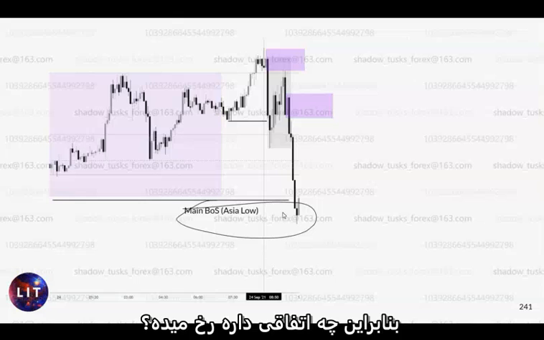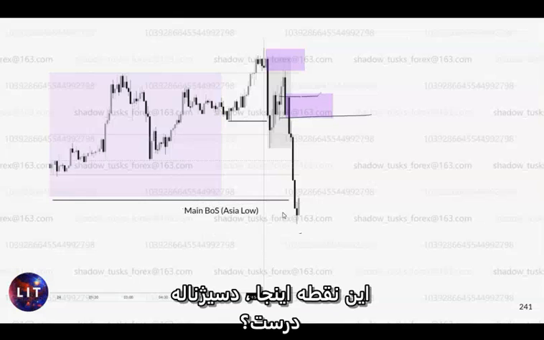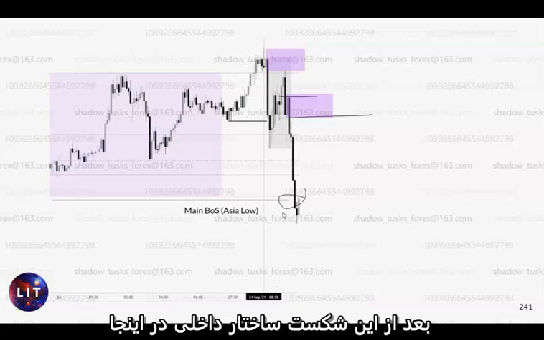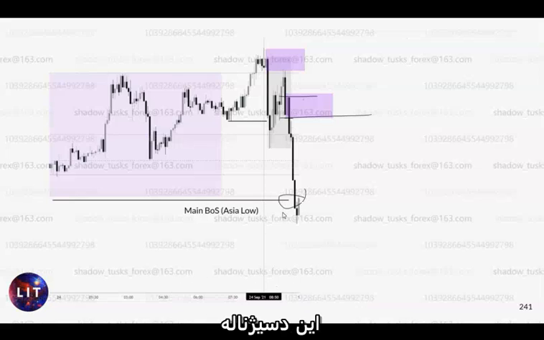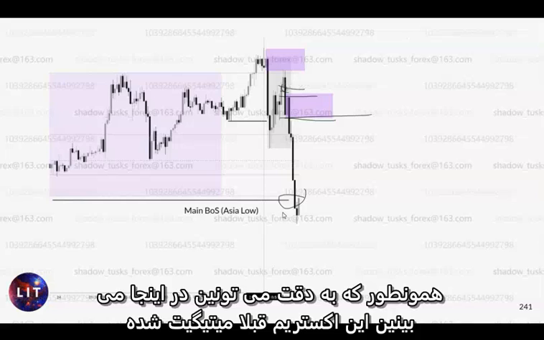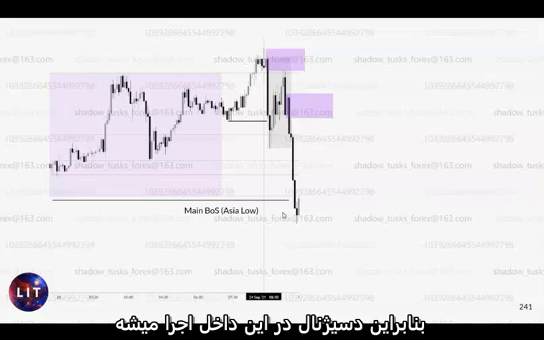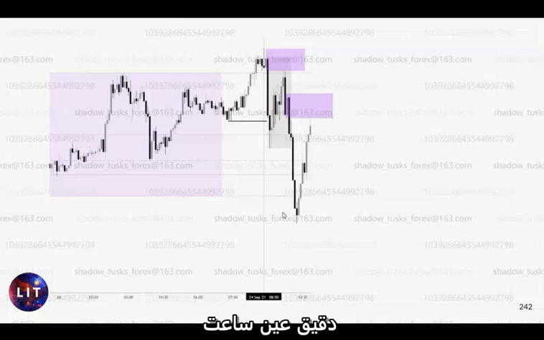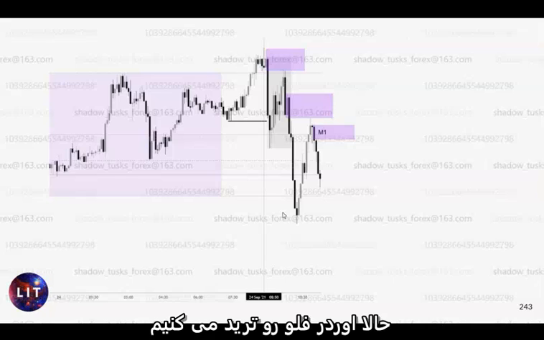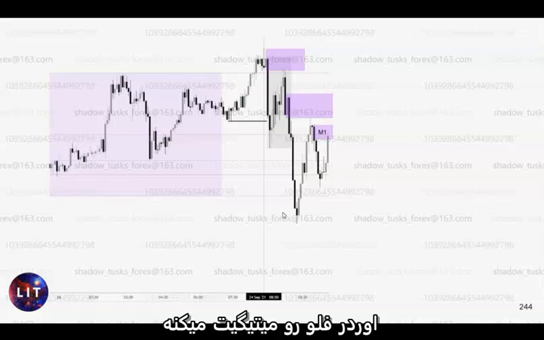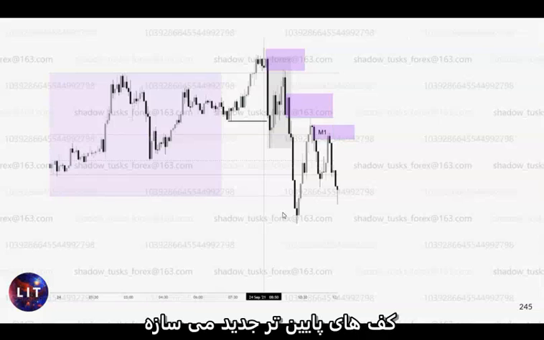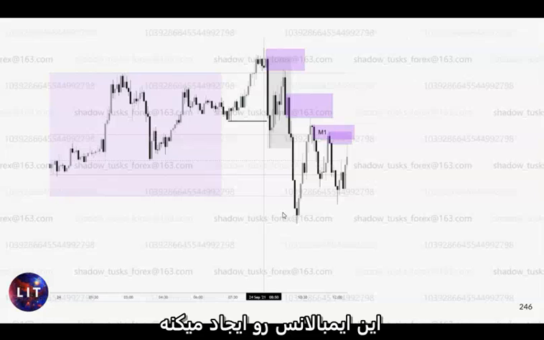So what is going on? This point in here is the decisional, after this internal break of structure in here. Guess what? This is decisional, that's the extreme. The extreme already is mitigated, as you can see closely in here. The decisional play inside here gets mitigated like clockwork. Guess what? Now you're trading the order flow. Look at it. Mitigates the order flow, makes new lower lows, order flow, making the imbalance, order flow, making